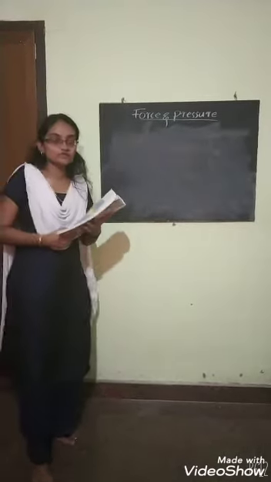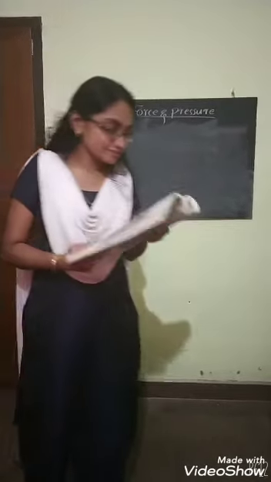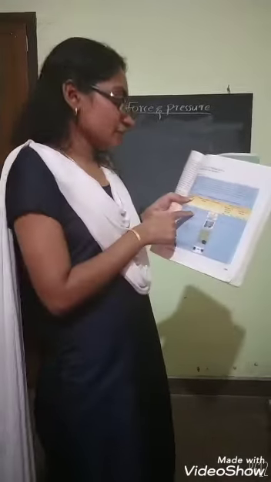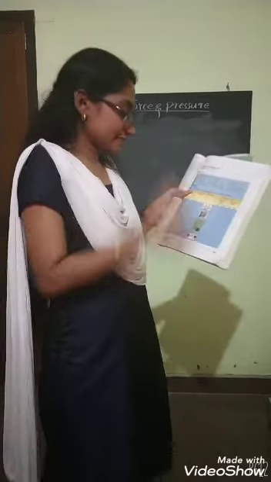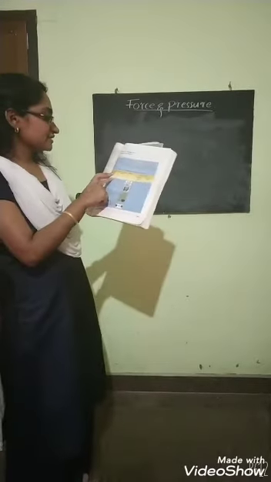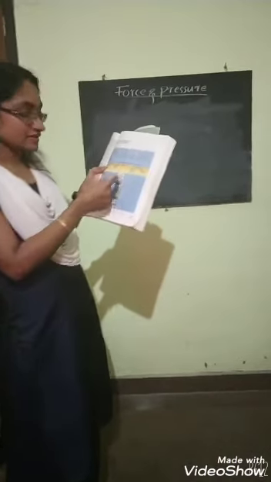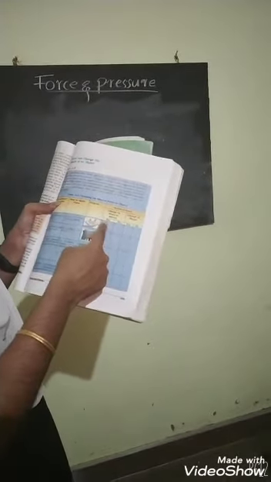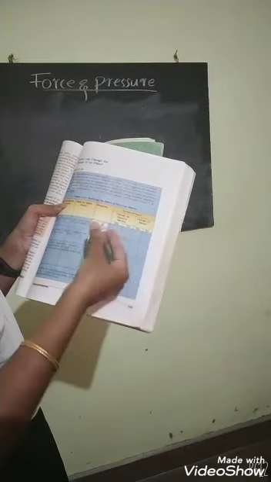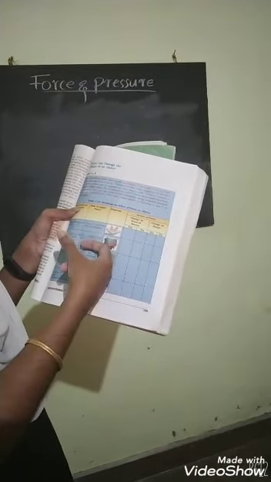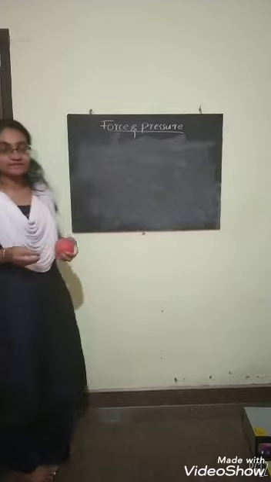Now I am giving you a task. Take your textbook, the activity 11.5, this table. You have to fill this. Here they are given certain situations and they apply force on this object. You want to write where the change of motion happens and if the change of shape happens. This is the task for you. You just want to tick here. Hope you all filled the table.